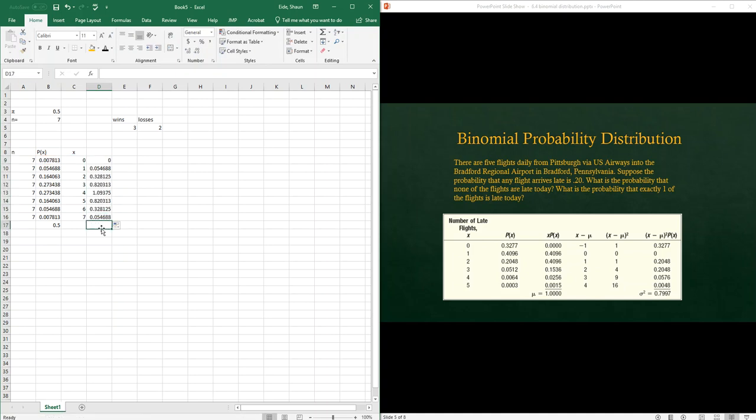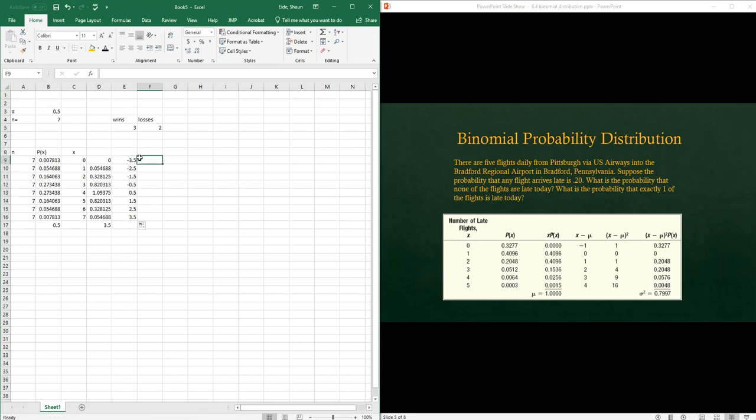Okay, so then equals sum, which is 3.5, the mean. Then you take x minus the mean, and you bring it down,